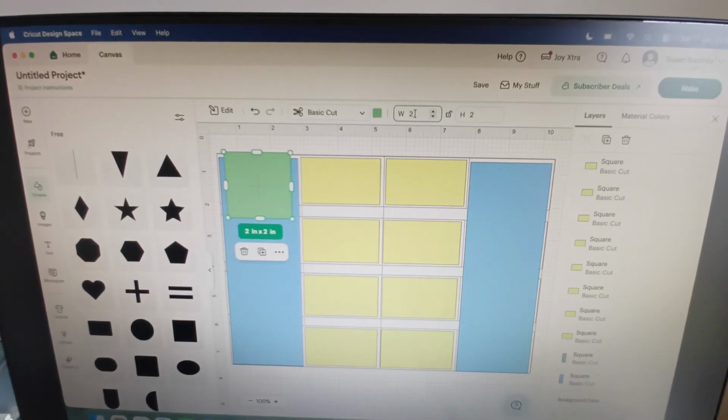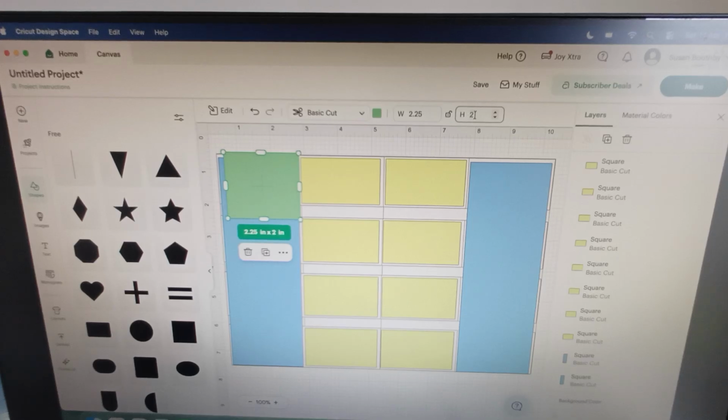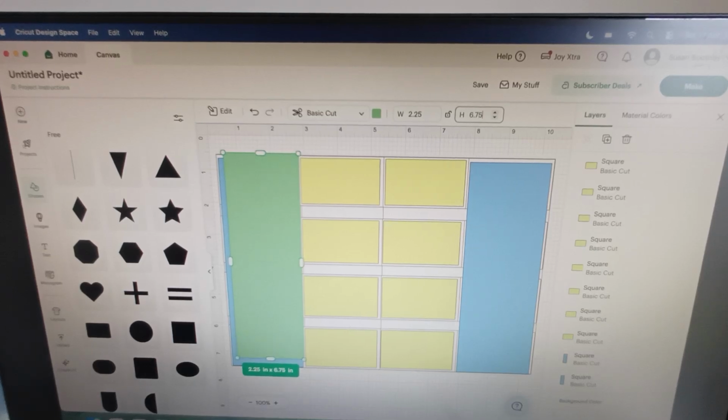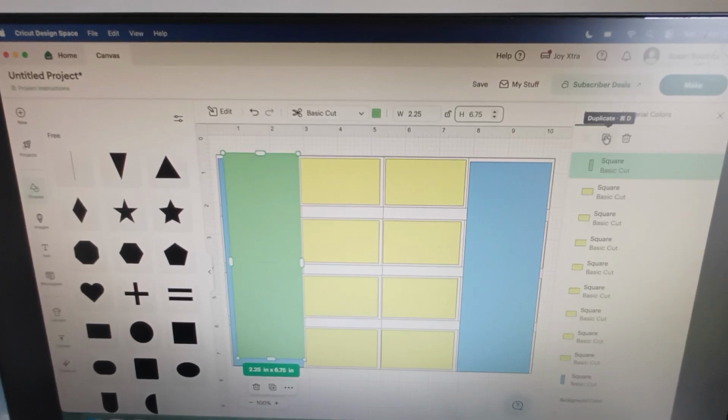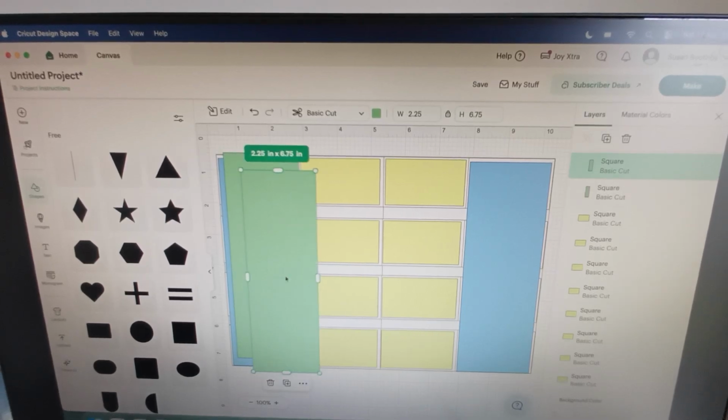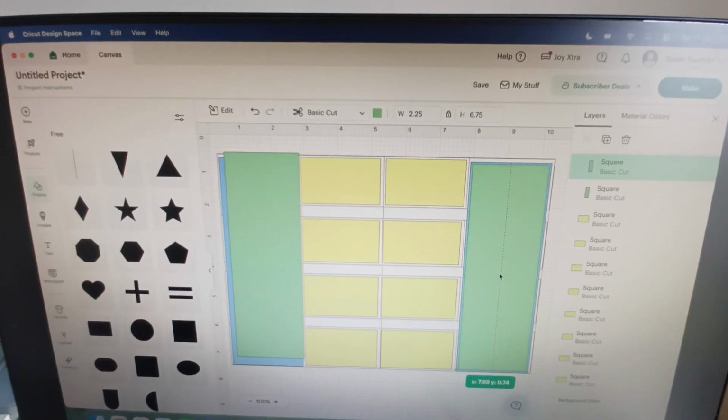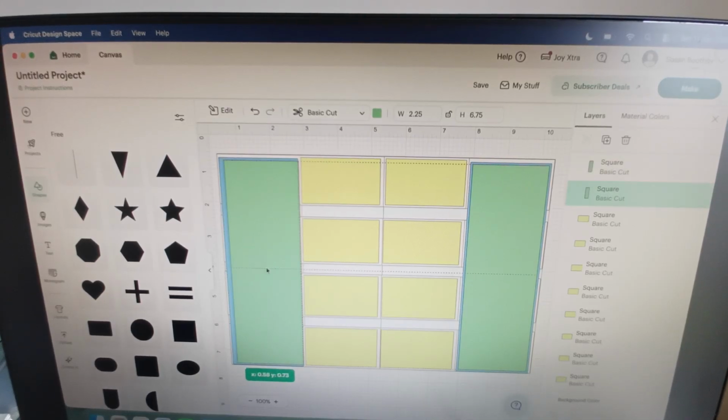So the width this time I want 2 1/4, so that's 2.25, and my height I want to be 6.75, which is 6 3/4. I then want 2 of those, so I'm going to go up to my layers panel and just duplicate that, and then that one's going to sit on there, and this one can sit on here. Okay,